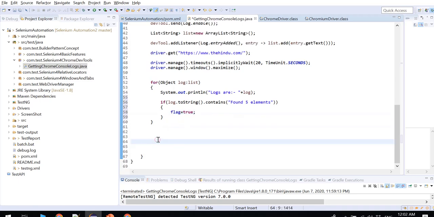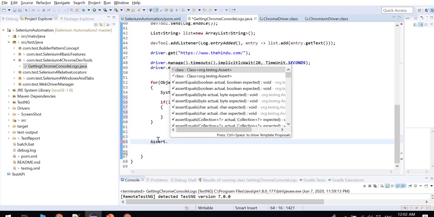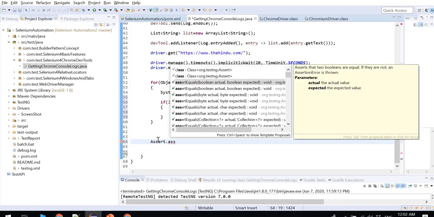We can use the soft assert here, or the assertion from TestNG: Assert.assertEquals, or assertTrue.